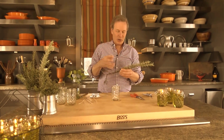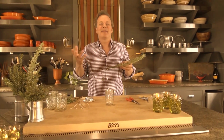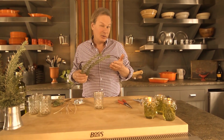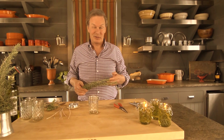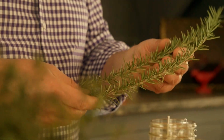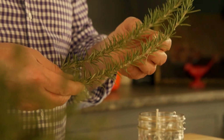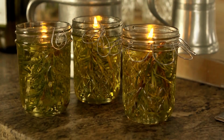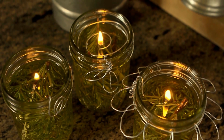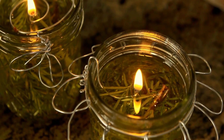When you hear the word herb, what do you think? Well, I immediately think of cooking, something that's culinary based. But you know, there are other uses around the home which are pretty cool. For instance, one of the things I like to do with herbs is use the fragrance of them through the stems to create olive oil candles. They're natural, they're easy, and they can really bring the wow factor to your home, or particularly if you're having